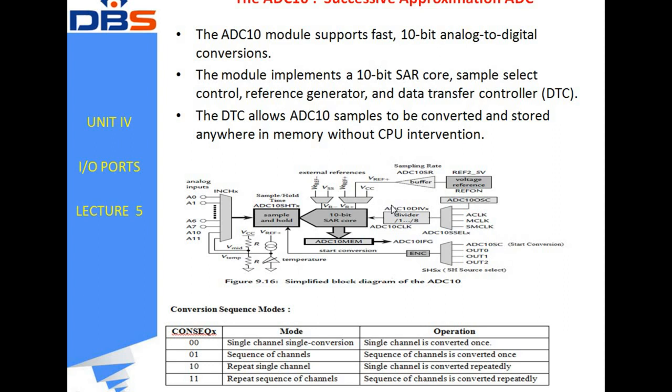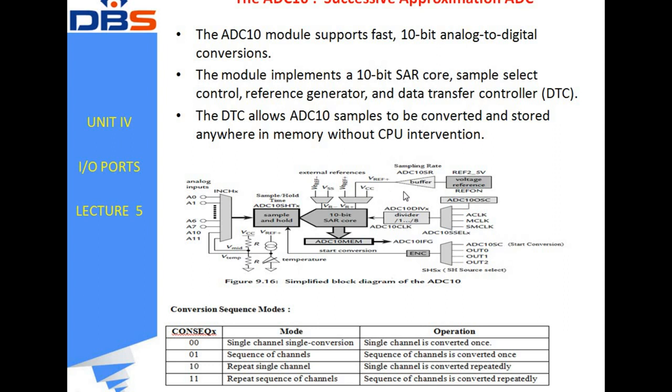And coming to the features of ADC10, it can convert up to a maximum rate of 200 kilo samples per second, and it can also sample and hold with programmable sample periods, and conversion initiation by software or Timer A. Okay, software selectable internal or external references. This may be an external reference or an internal reference, and the software selectable on-chip reference.